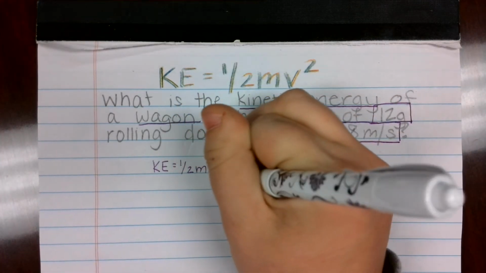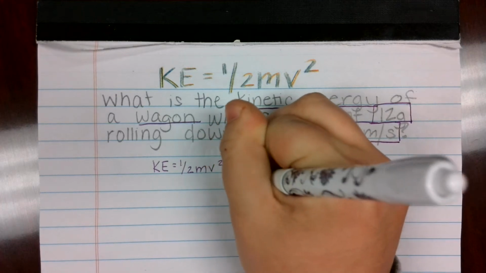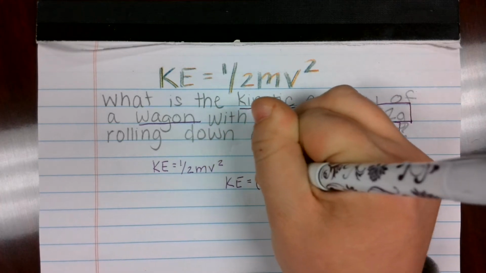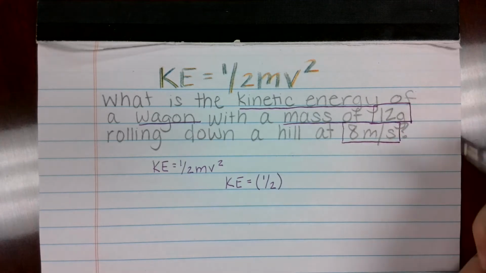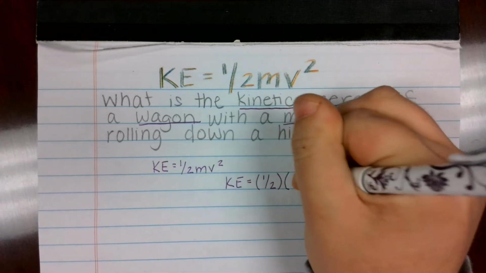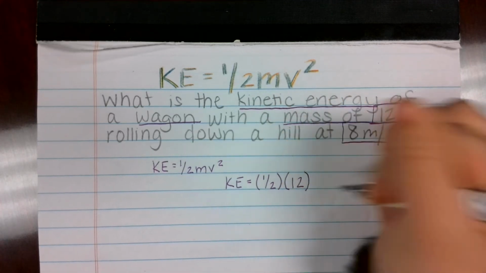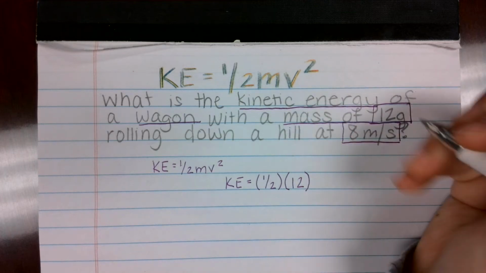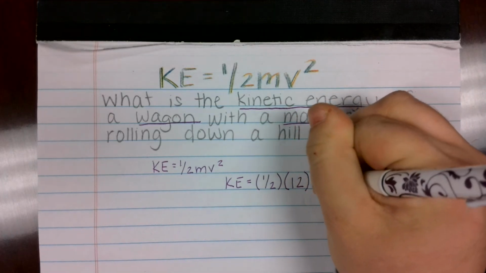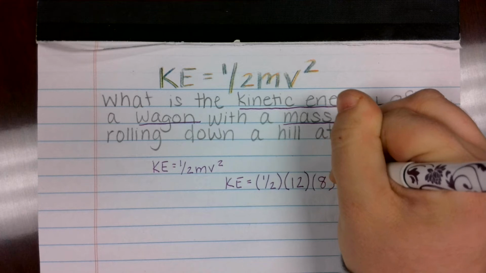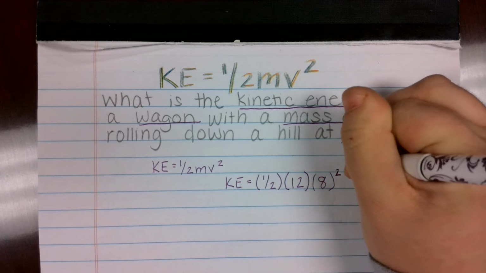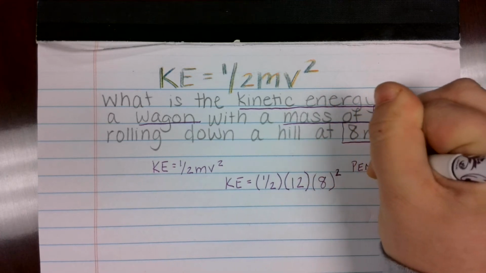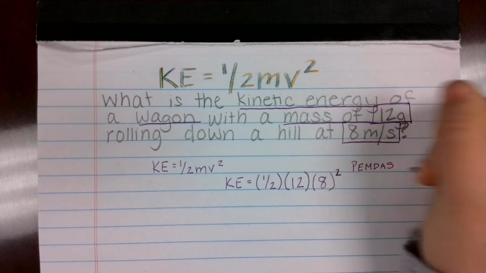So I have kinetic energy equals 1/2 times my mass, which is 12, times my velocity squared. Now, I know you all know how to use the order of operations, but sometimes we get confused on